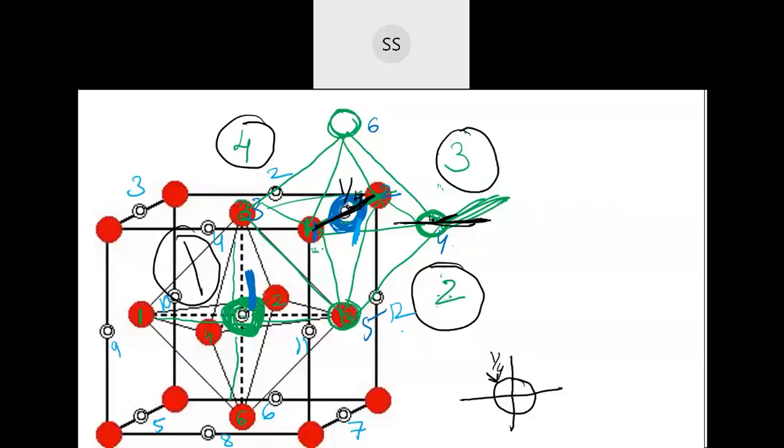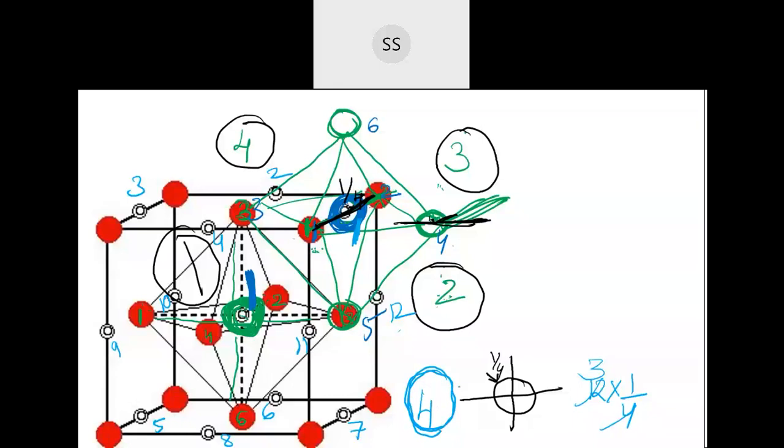Okay. So if you want to create an octahedral void, only 1/4 of its contribution will come from the edge. So like that we have 12. So 12 into 1/4. In all the 12 edges, you will get 1/4 of an octahedral void. So 12 into 1/4 will give you 3. And one full one you can see here, which is being formed. So total how many octahedral voids are formed for face centered? Together it is 4. And you know the number of atoms for face centered is also 4.